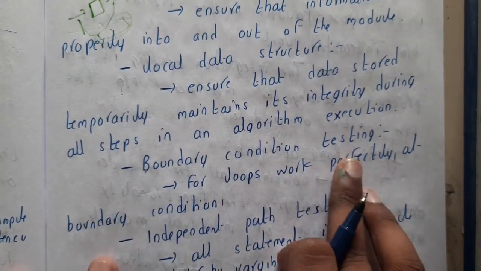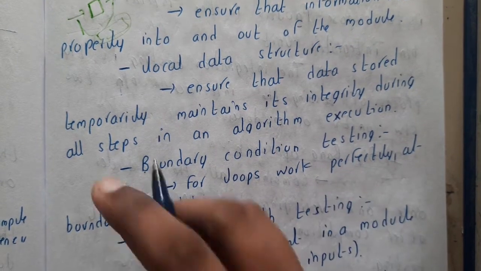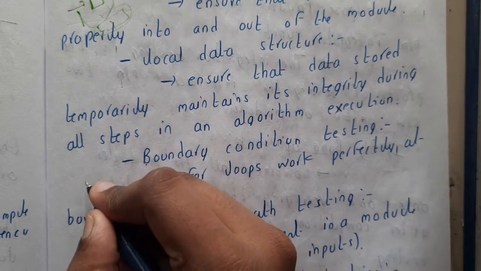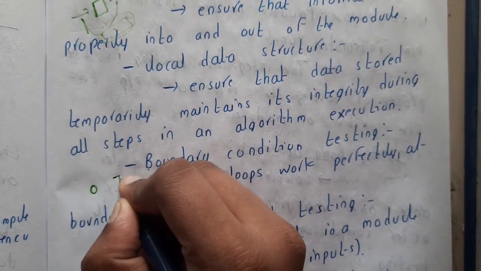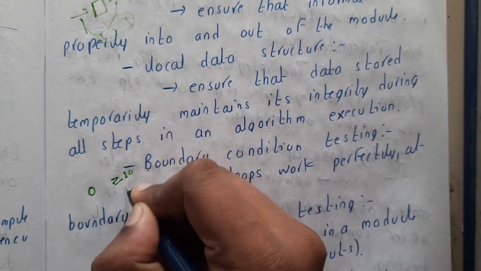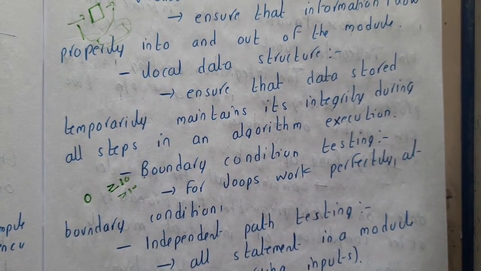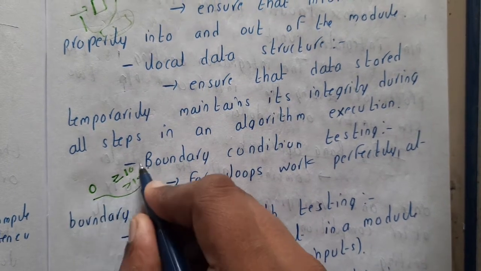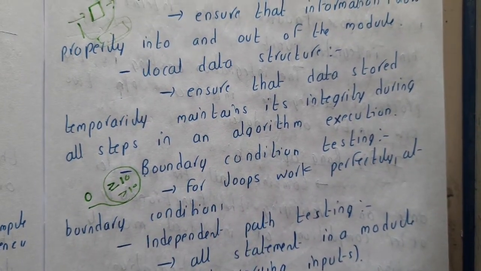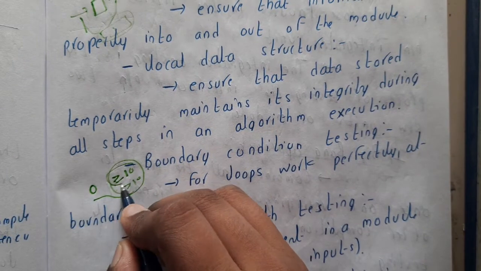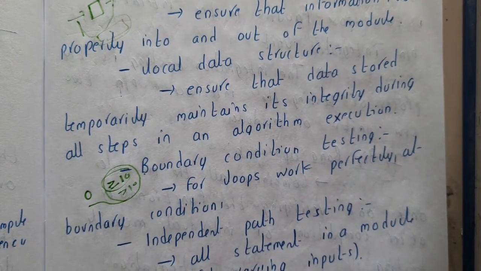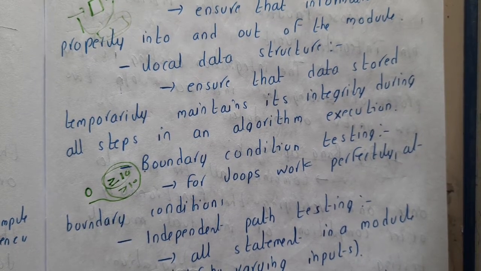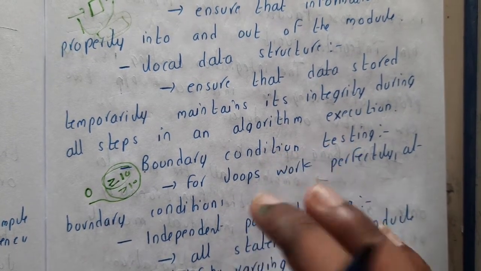Boundary condition testing. Basically for loops, even when I code, sometimes I get confused. If I start from 0, should I continue till greater than or equal to 10, or only greater than 10, to print 10 numbers? Most of us get confused, right? These are nothing but loop boundaries, guys. At the end where you are ending, you should manually check these things. Once give greater than 10, after that give greater than or equal to 10, and see which gives better performance or which is your requirement. You'll continue with that. In that way you will be testing those kinds of things.